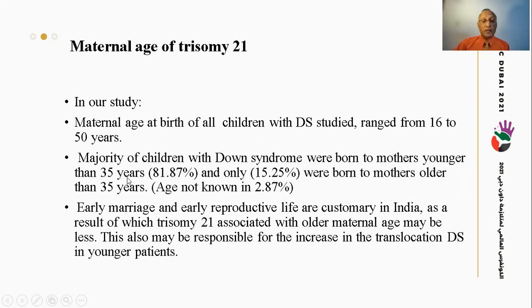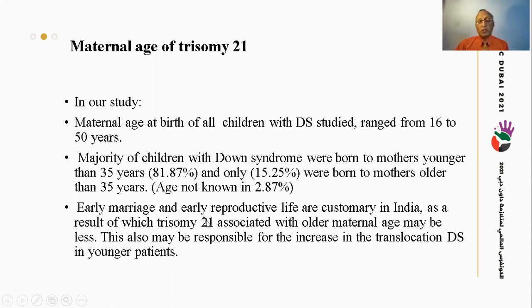81.87%. Now, why 35 years? Because we usually say that at about 35 years, the chance is very high. And only 15.25% were born to mothers older than 35 years. Age was not known in 2.87%. Early marriage and early reproductive life are customary in India, as in some of the Oriental countries, as a result